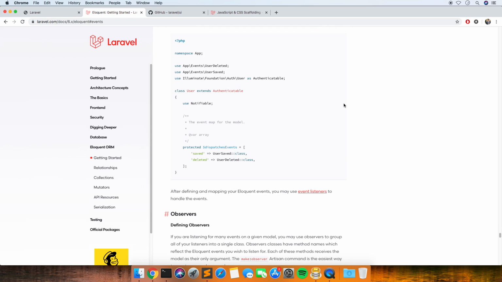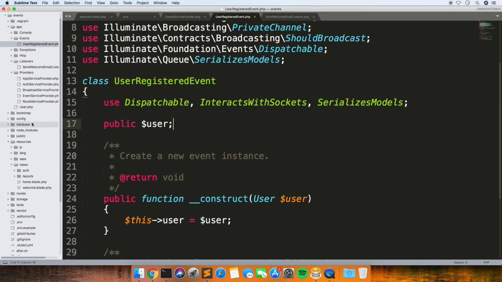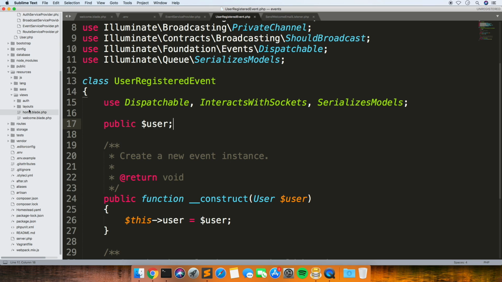So how you do that is you literally just add this piece of code to your user model. So let's do that. And again, I'm just going to copy what they've got and then change the variables to what we need. So let's find our user model.